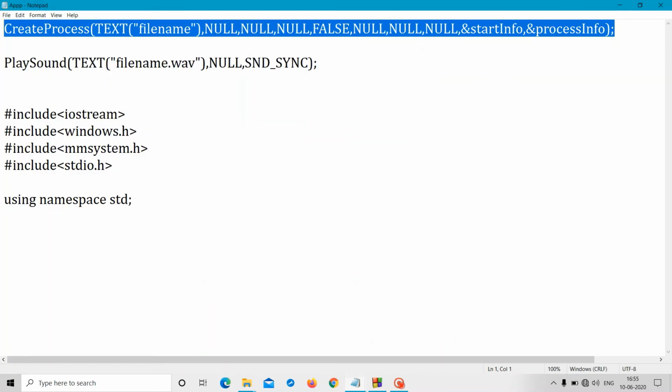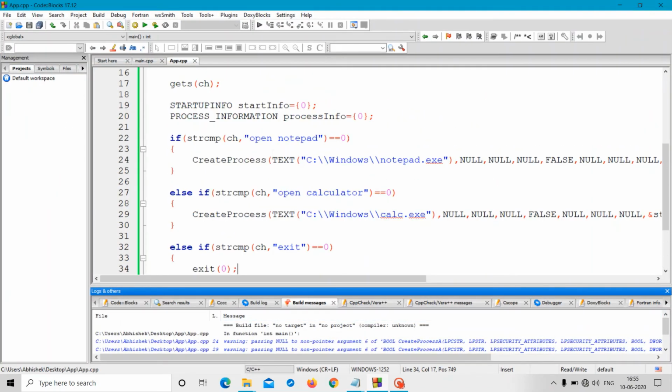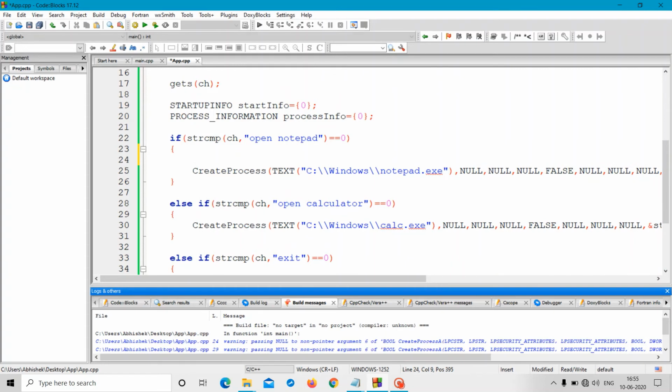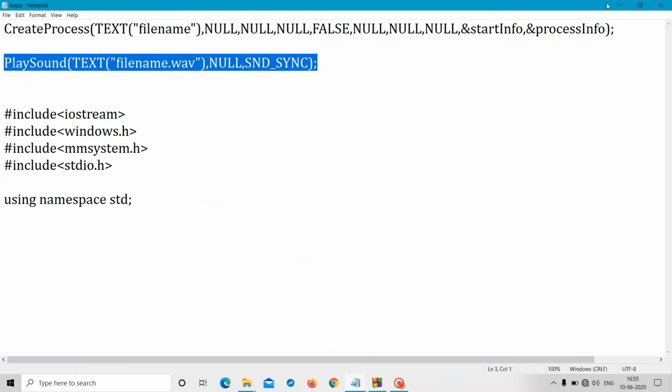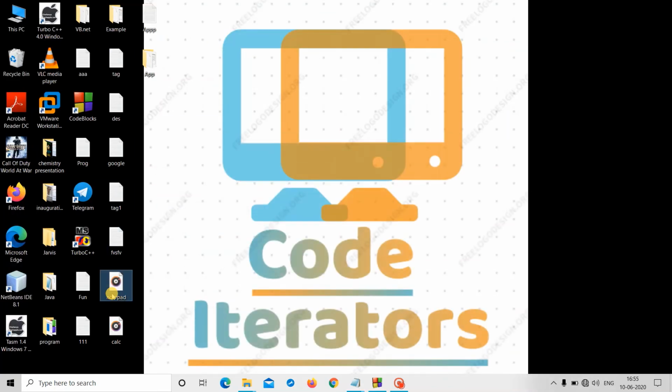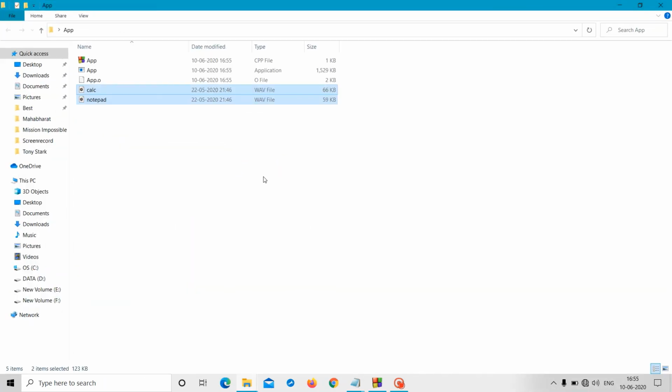If you want to add additional features, I would like to play a sound before opening Notepad, so it will look very nice. So I'm just copying the PlaySound function and pasting it in our program before opening Notepad or before opening the calculator. I have already made audio files. They're on the desktop. Yes, notepad. I will just copy it and paste it in the same folder in which we have saved our program.